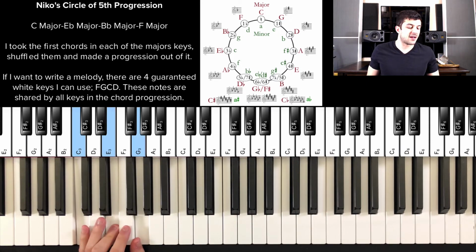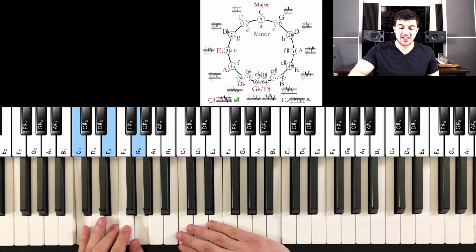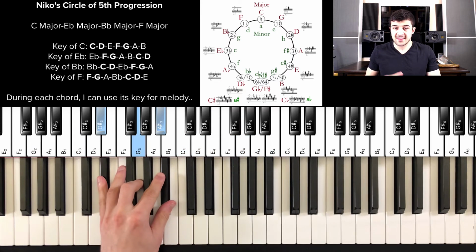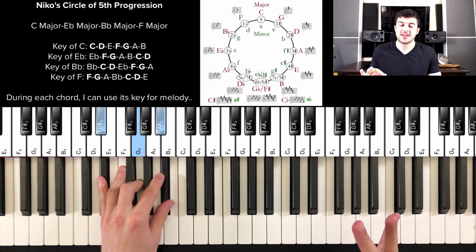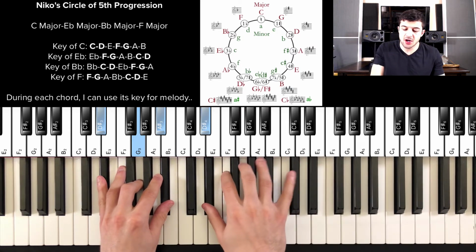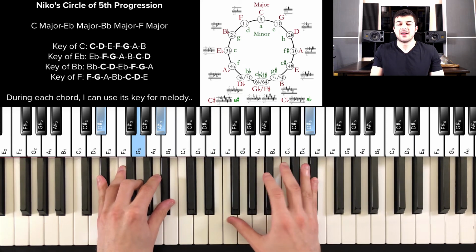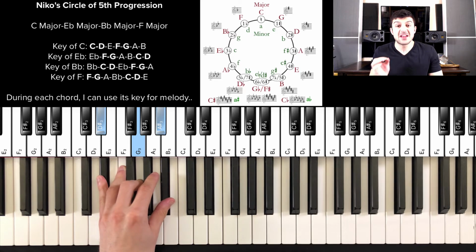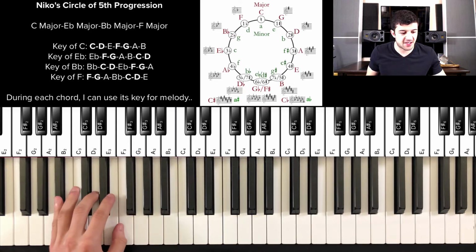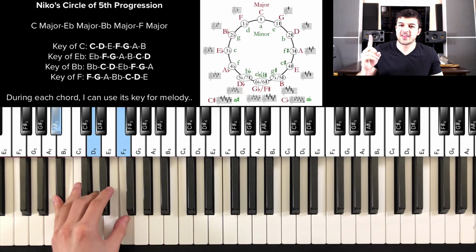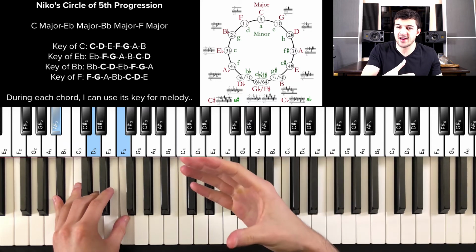the C in the key of C, which is all white keys, to this E flat major where I have three flats I can use now. All of a sudden, I can use these notes to construct my melody. Now, once I switch to the B flat chord, which is the next chord in this progression, I lose one flat, because if you're looking at the circle of fifths, I'm looking right now with you,